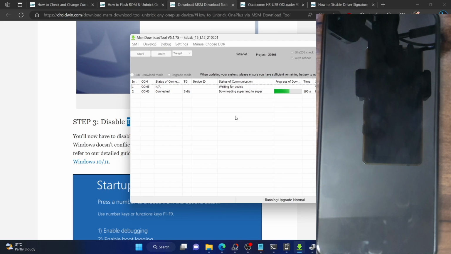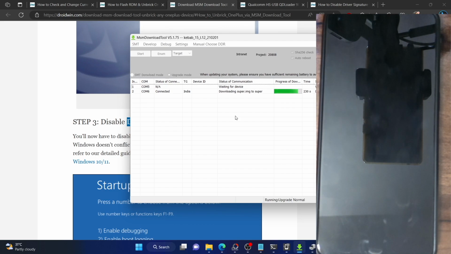You could then download the fastboot ROM and simply install it using the local upgrade option of OnePlus. Or you could also install the OTA, but in case of OTA, you might first get the Android 12 update, then you might get the Android 13 update. However, if you use the fastboot method, that is simply download the latest Android 13 build and use the local upgrade, then you could easily skip the Android 12 update and install the Android 13 update onto your phone. With that said, I will recommend you to do a format data as well.